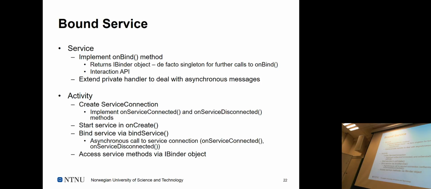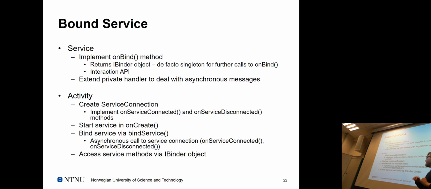I'll show you some code examples as well, so it makes more sense. From the client side, the activity side, as an example of invocation: client with a server, you would need to create some sort of service connection, which is basically a callback mechanism to be informed about certain states, such as that the service is actually connected or disconnected and so on. And you bind to the service not by calling start service as with all the other service types, but here you actually call bind service explicitly.